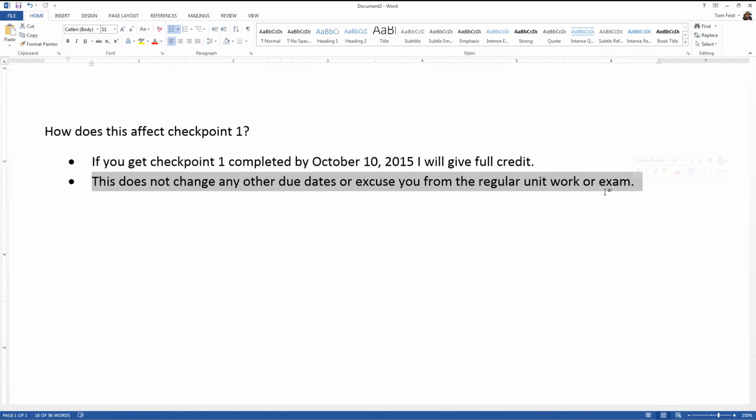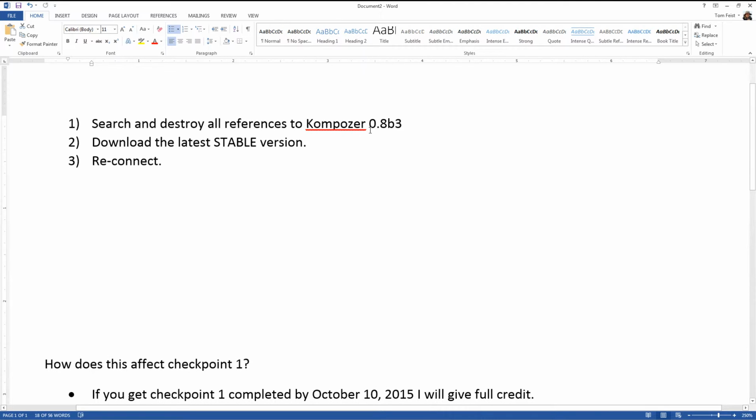I think that once you get rid of all your references to that 0.8b3 experimental version, you all will just connect with no issues. For those of you who maybe did complete your Checkpoint 1, and if you open your Kompozer you see that you might have edition 0.8b3,